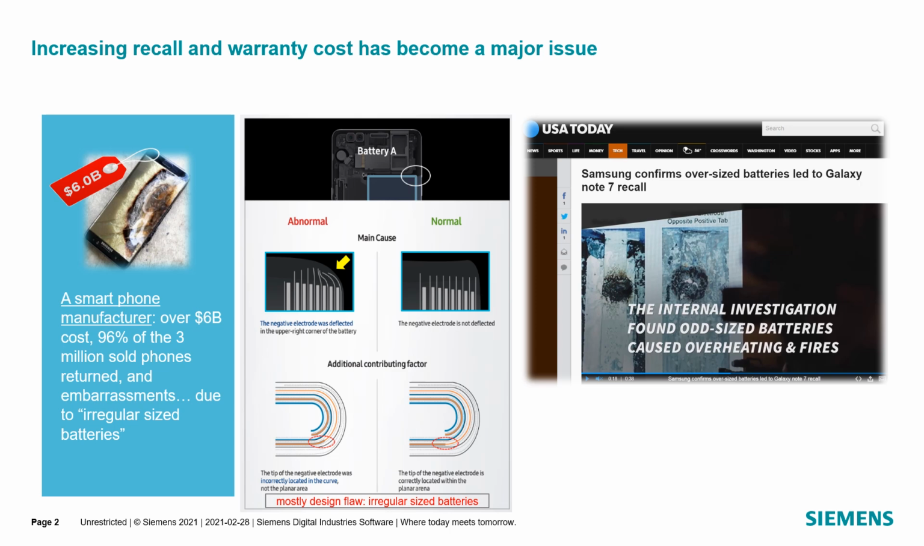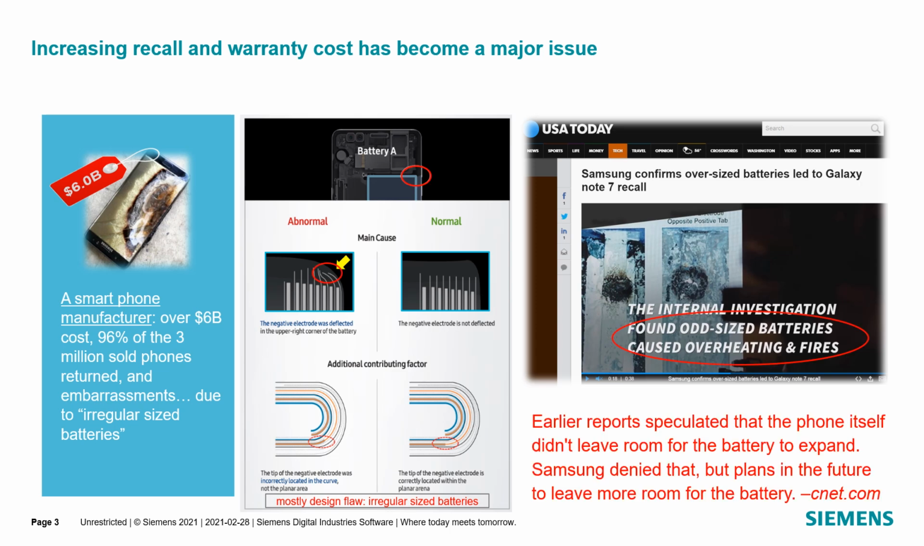Let me start with two real-world stories. First, in 2016, after introducing a new smartphone, the manufacturer had to recall 96% of the 3 million phones sold in the first 3 months. They lost over $6 billion in this process. The root cause, according to a 4-month-long investigation, was irregular-sized batteries. The speculation was that the phone itself didn't leave room for the battery to expand, which led to a short